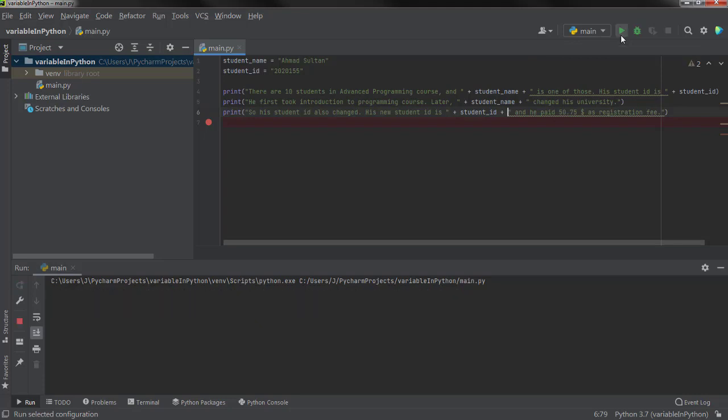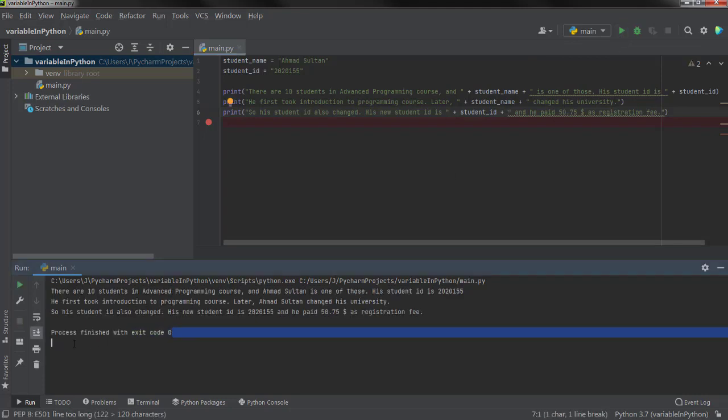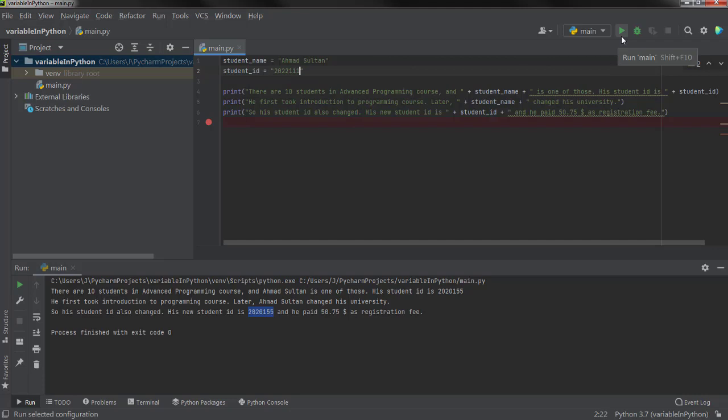So now if you run the program, you can see here it's successfully compiled and executed, and it has replaced the IDs here successfully. So now if we want to change the ID, we just have to change it in one place. For example, if we want to change the ID to this one, let's save and run the program. You can see here it automatically replaced the ID and updated the student ID at both places. So you don't have to go to all of those lines manually and change it.